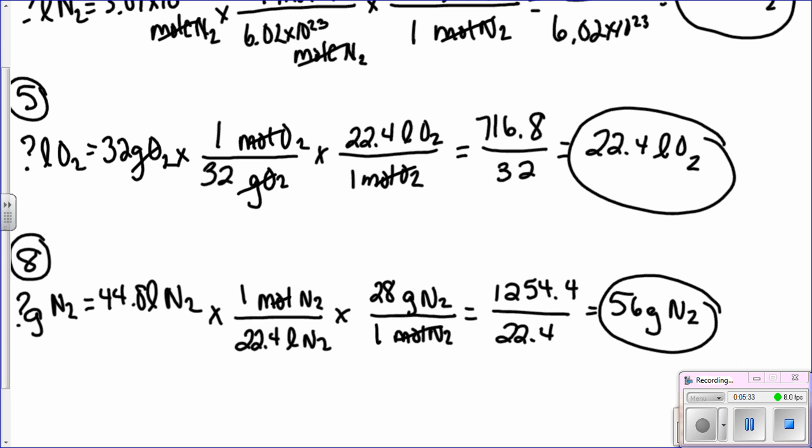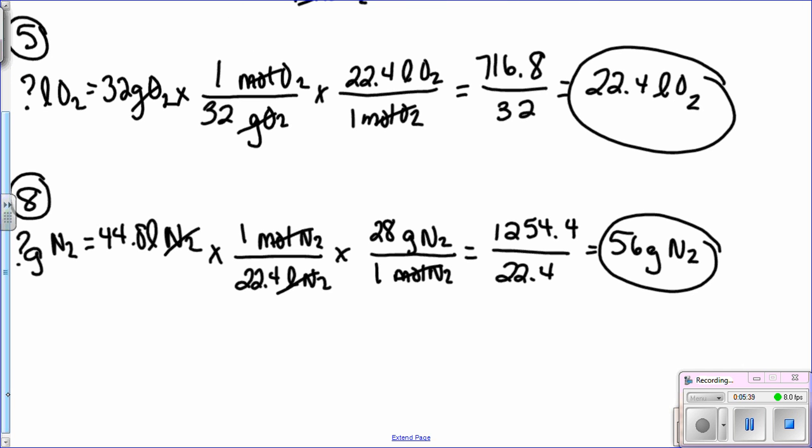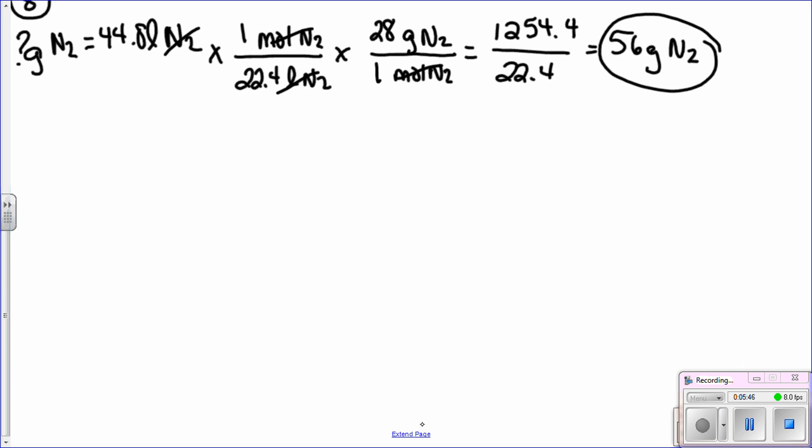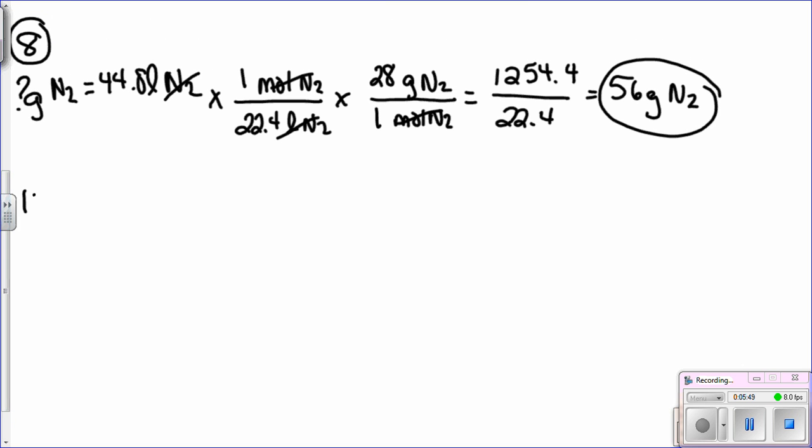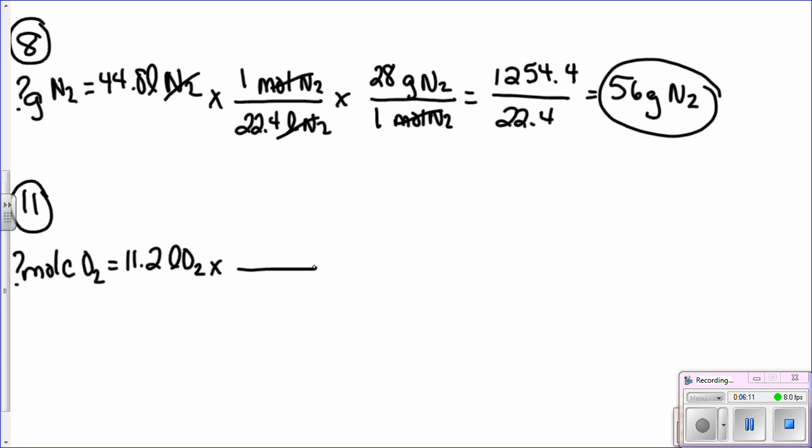Our moles cancel, and our volume cancels, and we're now left with our mass. 8 is a sample, or an example, for 9 and 10. So let's take a look at number 11. In number 11, we want to know how many molecules of O2 if we have the volume of 11.2 liters of oxygen. Remember, decimeters cubed is the same thing as a liter. Then we're going to take